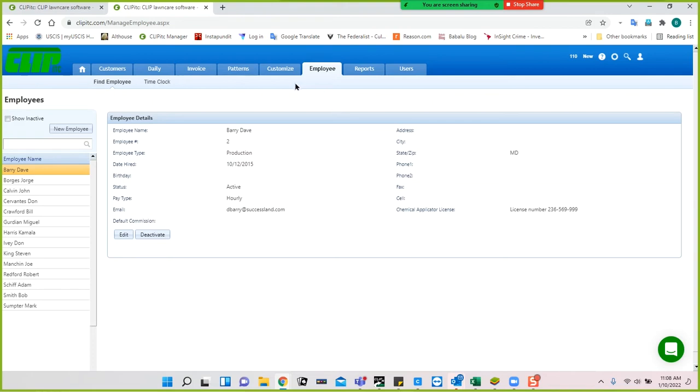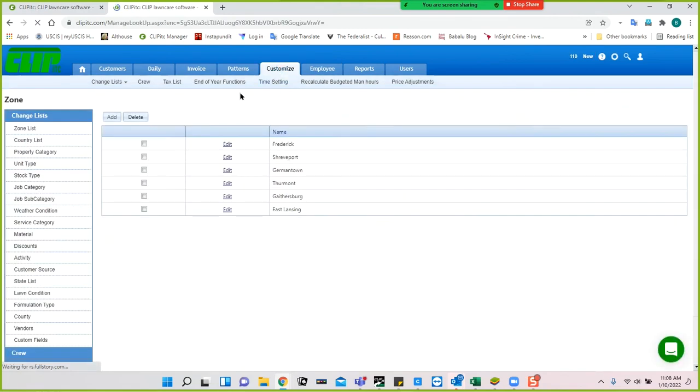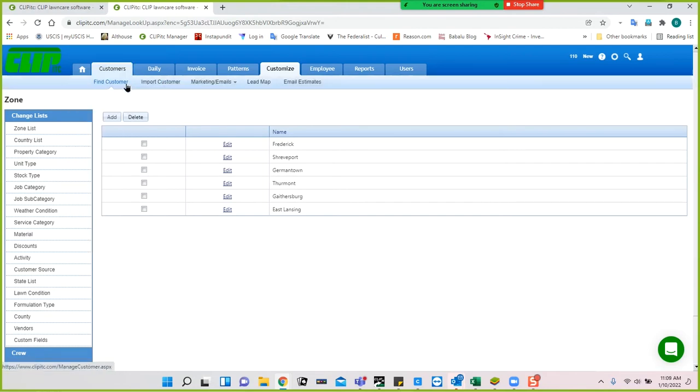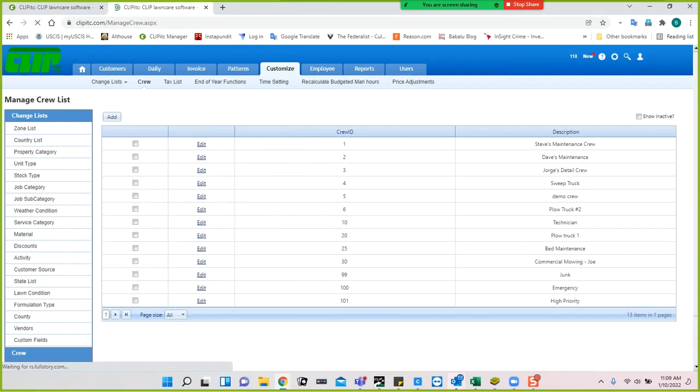Once you have some employees set up, you then come to customize here and crew, or down here as well you see crew. One thing just in navigating, in a lot of these screens, like in the customize screen, you see the lists, etc., crew. So a lot of the setups are both across the top and along the side, so you can navigate either way. Okay, for crews,